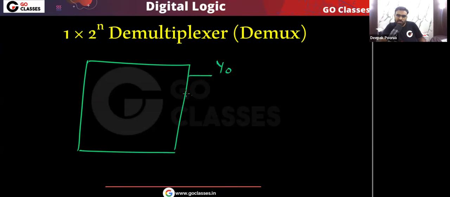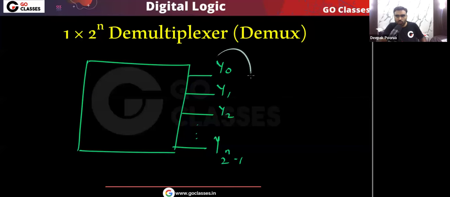These are the output lines like y0, y1, y2 and so on, up to y 2 power n minus 1. There is one data input line, and there are a total of n select lines, like s0, s1 and so on up to n minus 1.